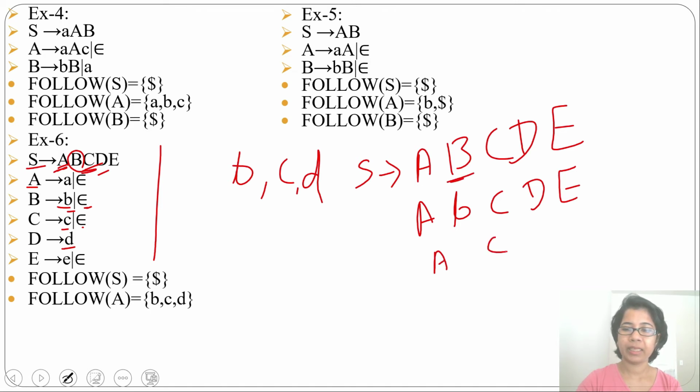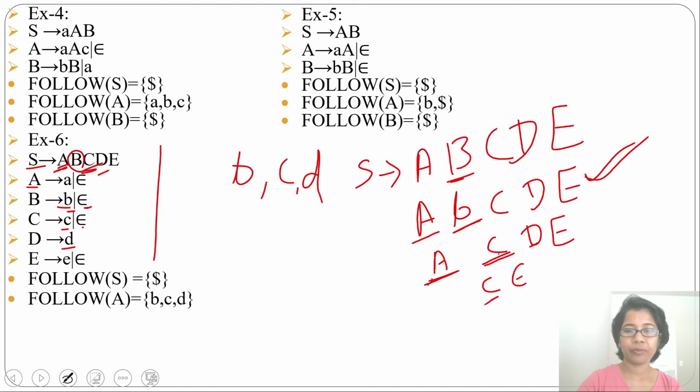So it will be A, C, D, E. According to this production, follow of A will be B. According to this production, follow of A will be first of C. Then in place of C also you can write either C or epsilon. So when it is C, follow of A will be C. When it is epsilon, follow of A will be first of D. Then first of D can be D. So follow of A will be D.